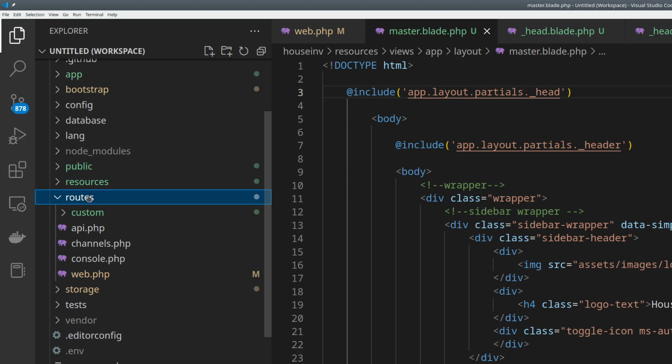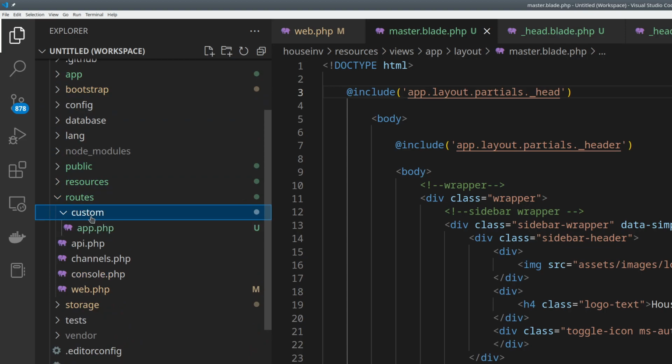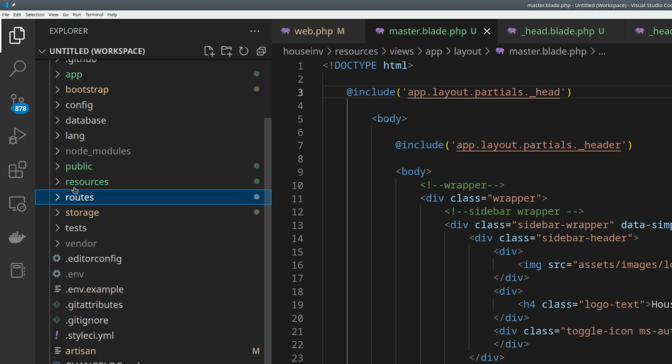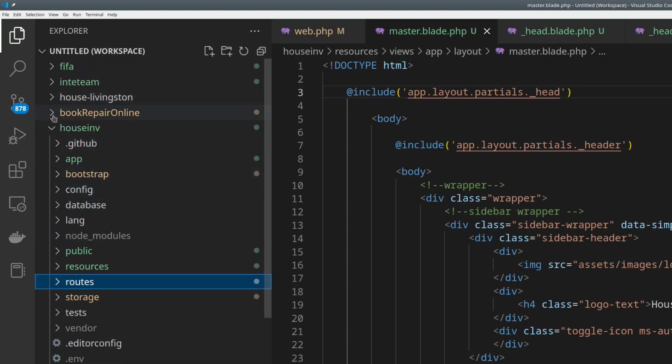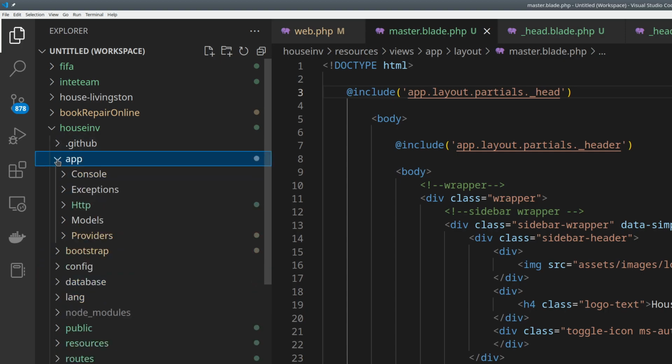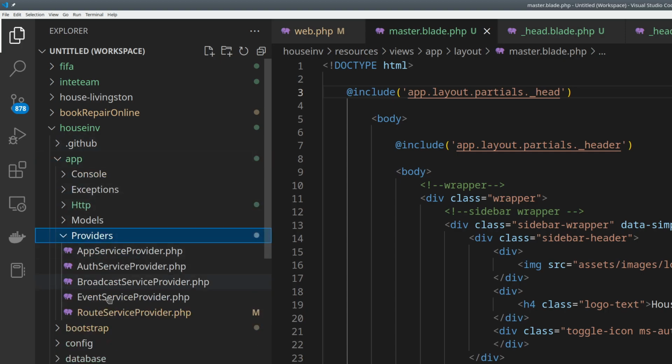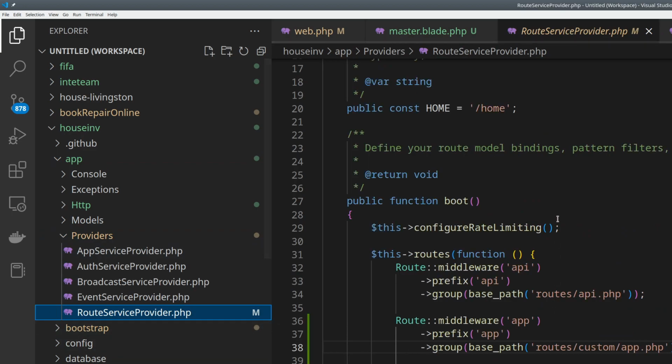And now I've started to work on routes, custom routes, and there is app PHP. So in order to do it, I have to use app providers here, app providers, and route service provider. Okay, so I've added my own